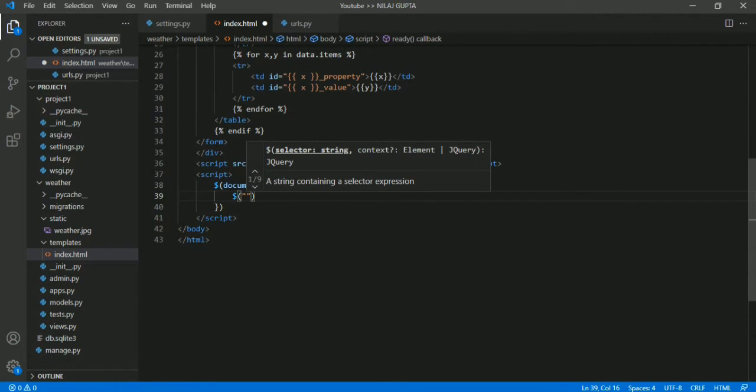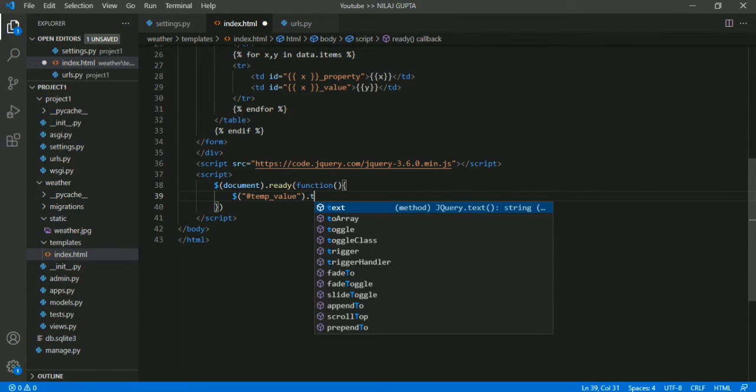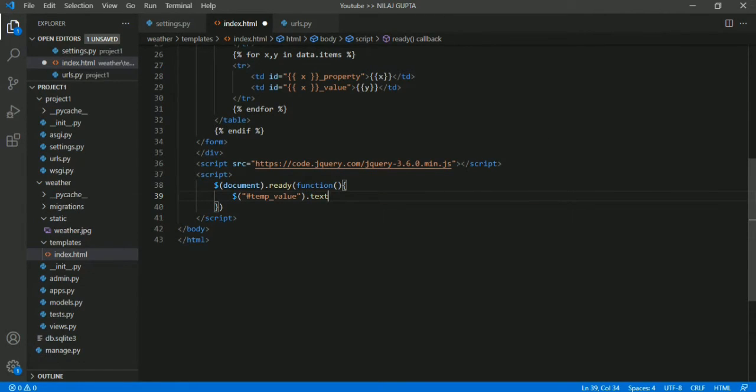This is a selector, okay, and I will use id temp value dot text. This text method will read its text.